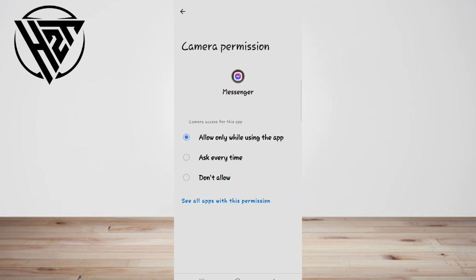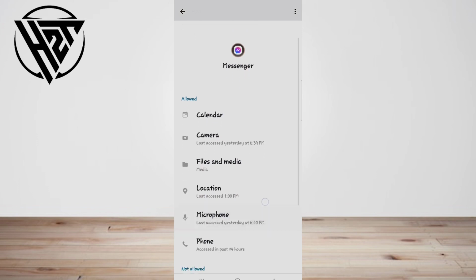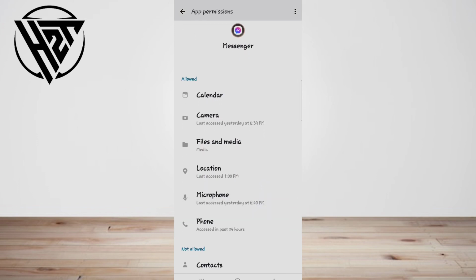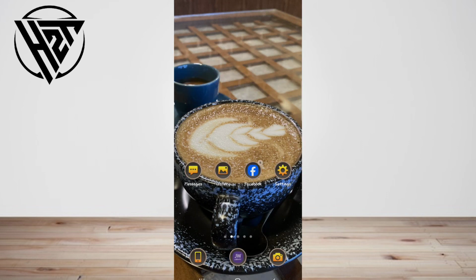If your device does not allow Facebook Messenger to access the camera, your camera driver will not work when you run Facebook Messenger. So, a video call will not work. Second option, allow access to the microphone. On Android, in the permission, turn on the microphone until it turns green. After you allow Facebook Messenger to access the camera, you must also allow access to the microphone. This allows the application to make a video call.